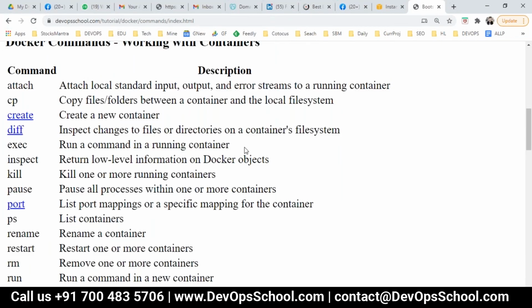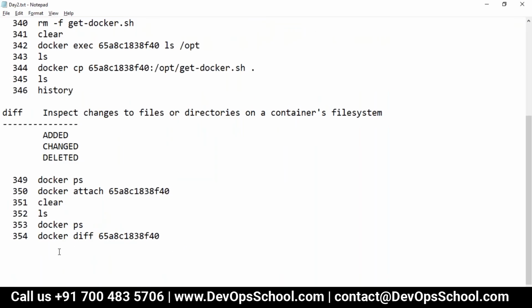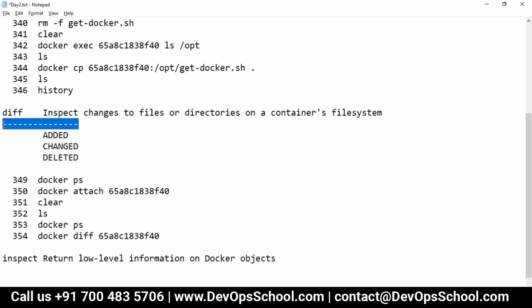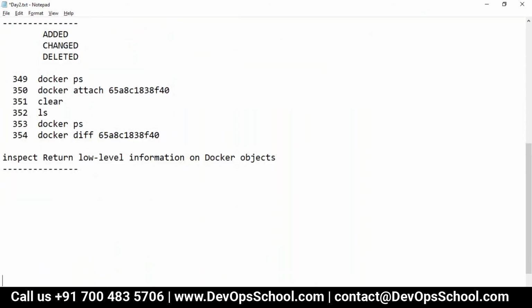Now what is the next command? The exec command. Guys, I have already talked about the exec command. Inspect command. So guys, the inspect command is very powerful, very helpful for you. I think you have used the inspect command already in the past. In yesterday's sessions I have used it multiple times. But you know what? With the inspect command, you can inspect all the Docker objects.